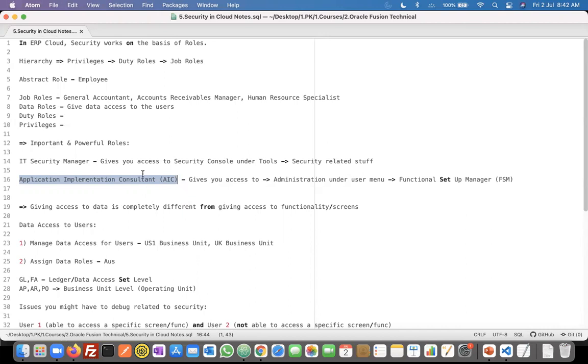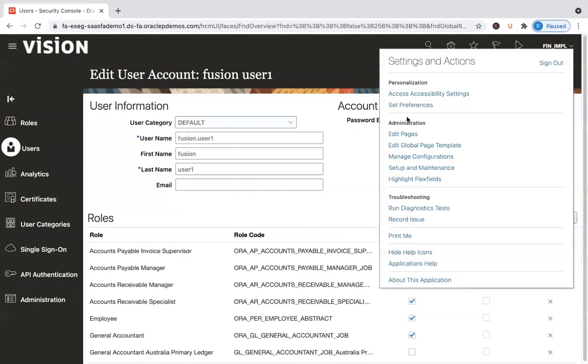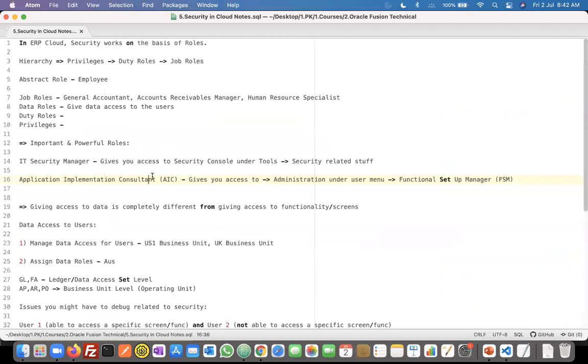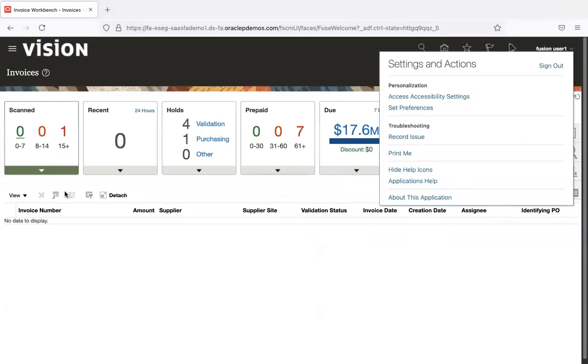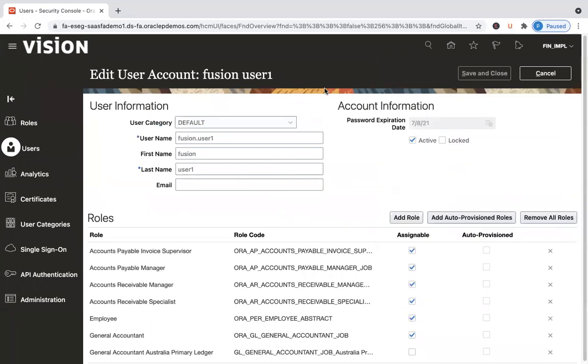Okay, and that's another role that you need to be aware of. And apart from giving access to this particular work area, the AIC role also inherits a BI administrator role. And what that means is, if you assign this role to a specific user, and that user goes into the reports and analytics work area,